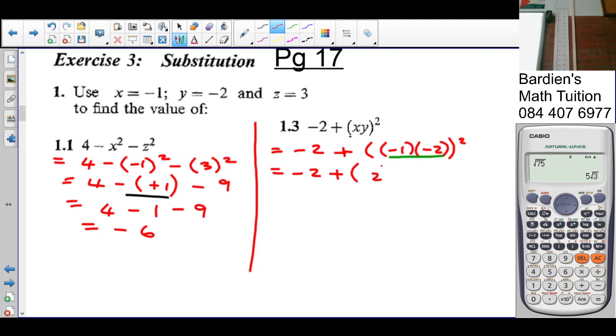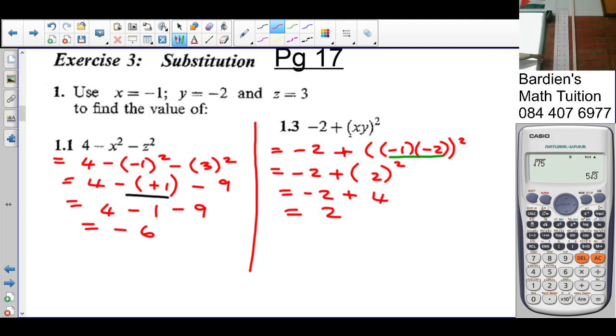Positive 2 squared. So negative 2 plus, what's positive 2 squared? Positive 4. Do I need a bracket there? No. So what is negative 2 plus 4? Positive 2. Okay? For those who shouted negative 2,